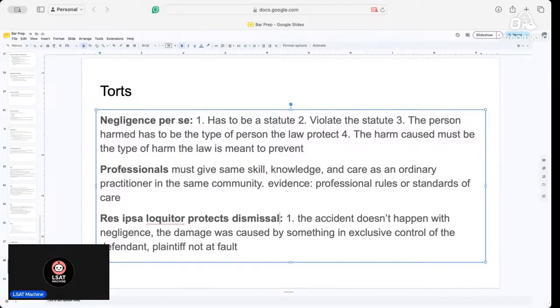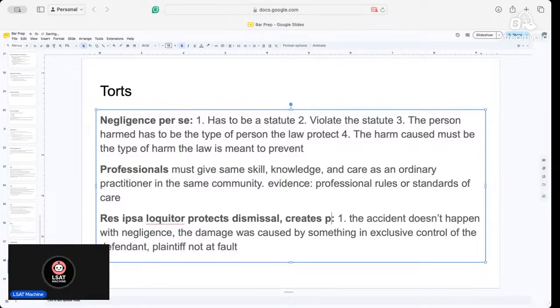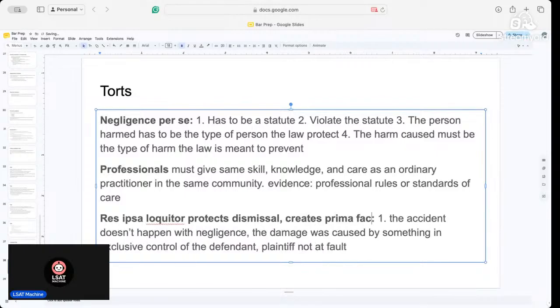This just means you've created what we call a prima facie case. I can never say it. If you watch law tubers, they say it all the time, and I swear everybody says it differently. It creates a prima facie case, and that means on its face. So that's like at first glance.